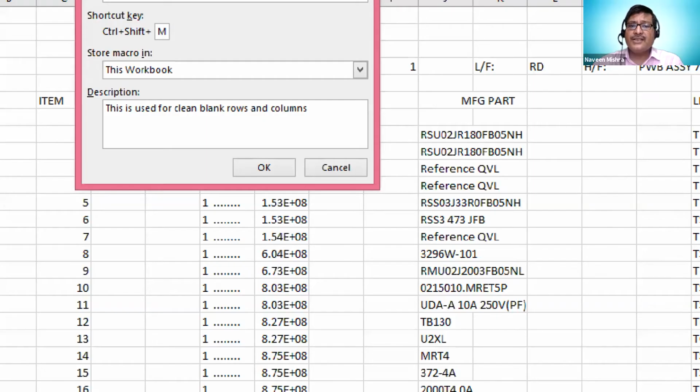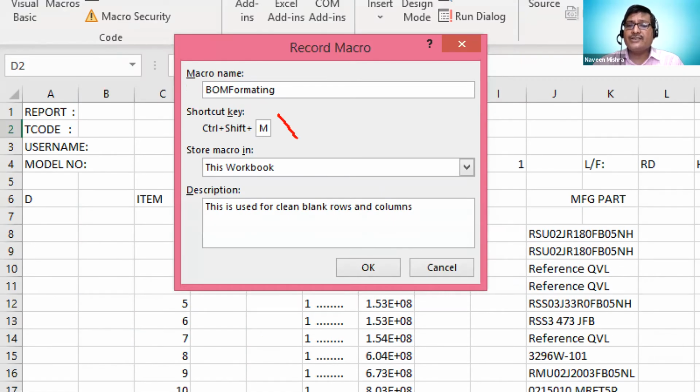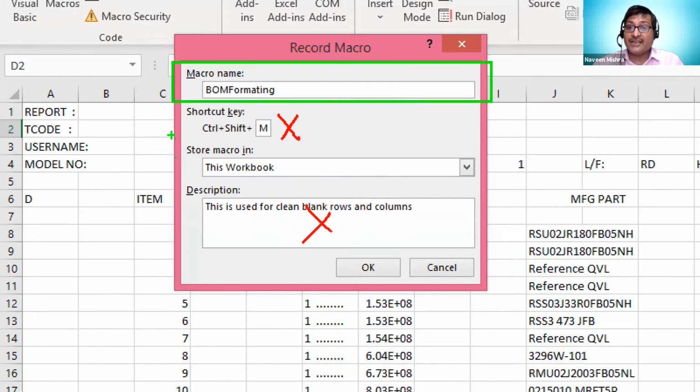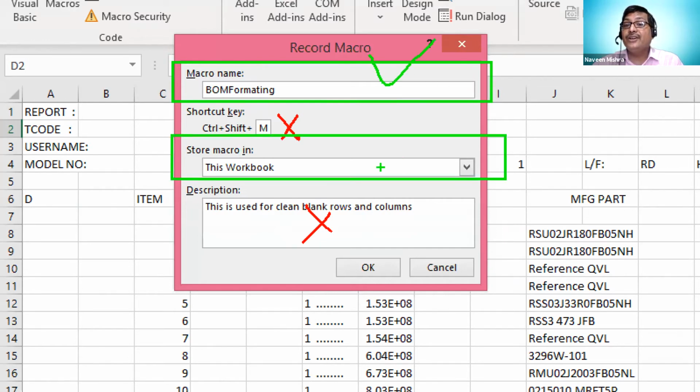Understand? See, this shortcut key and the description both are optional, right? This is optional. The macro's name and the location both are mandatory fields. Both are mandatory fields, right?